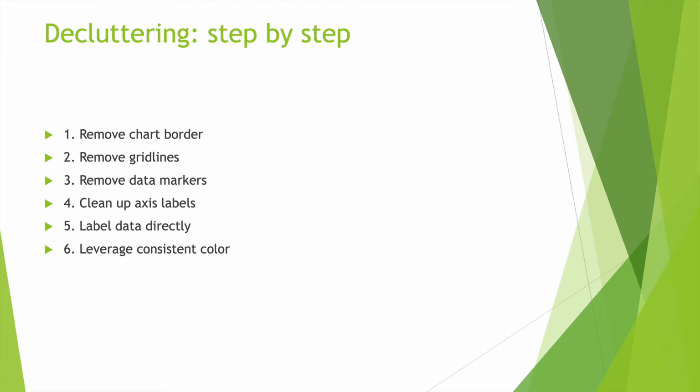So decluttering step by step. Remove a chart border, that could help. Remove grid lines when necessary. Potentially removing data markers. Clean up your axis labels. Label data directly. Leverage consistent color. So come up with a consistent